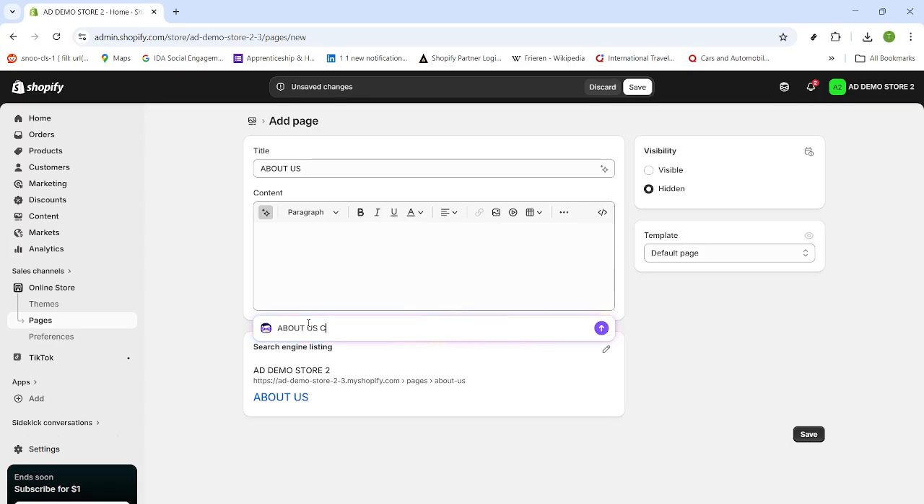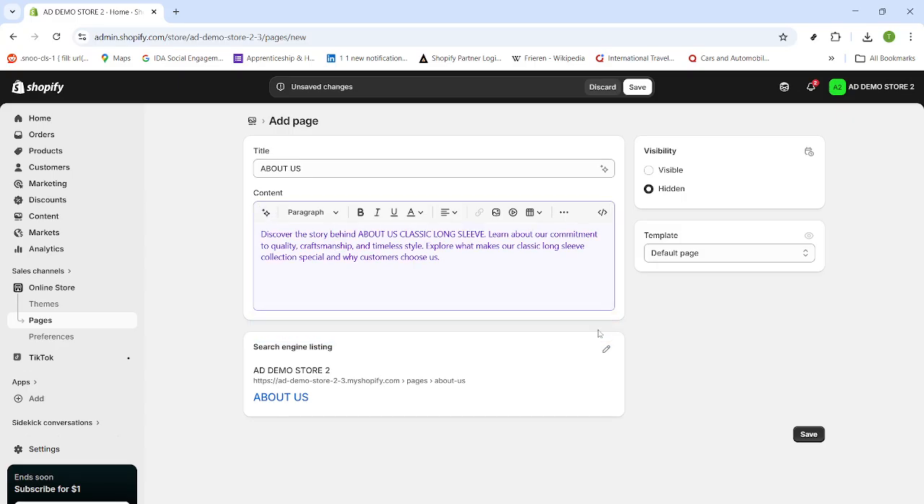Next, click into the main content area. This is your canvas. Type or paste your content and use the editor's formatting tools to make it easy to read. Headings help break up sections, short paragraphs improve scannability, and links guide visitors to relevant products or policies. If your page calls for images or embeds, use the toolbar's buttons to insert them, and always add alt text